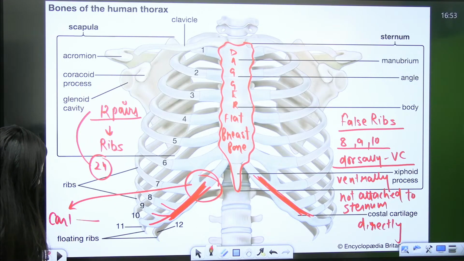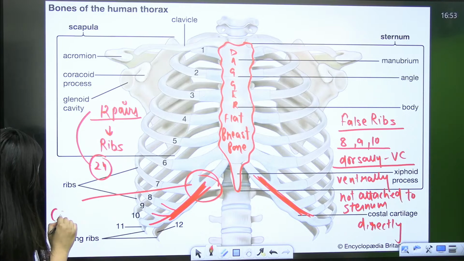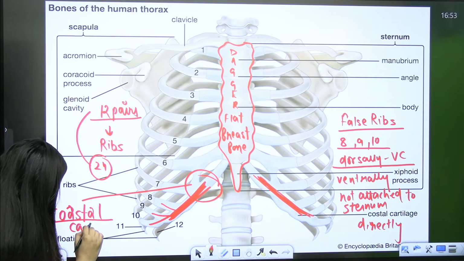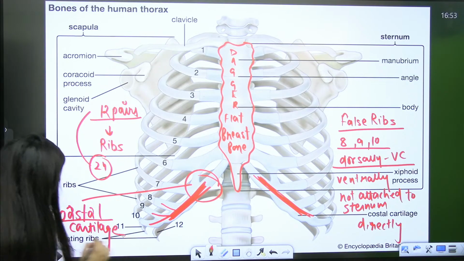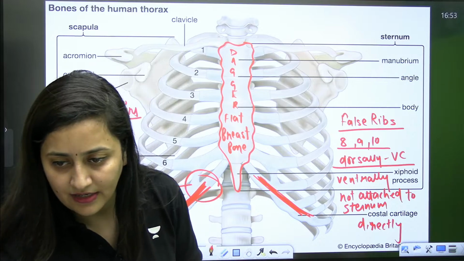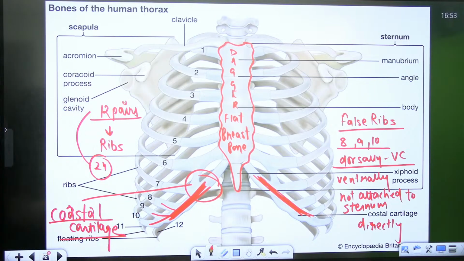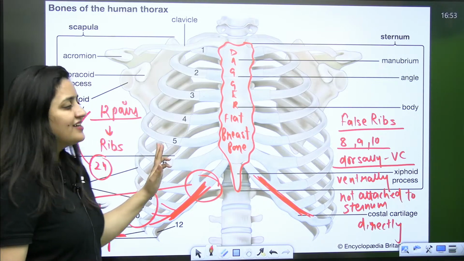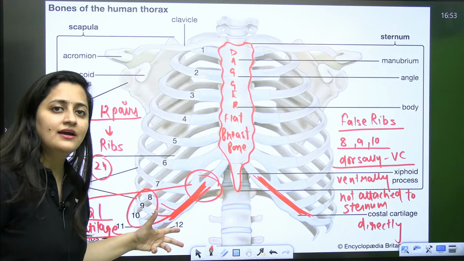Again, your costal or the hyaline cartilage. It's one and the same thing. Understood? Because the 8th, 9th, 10th pair is not directly attached to the sternum,